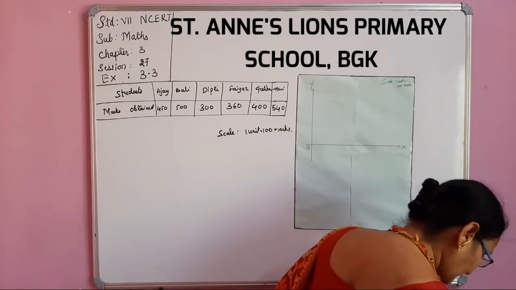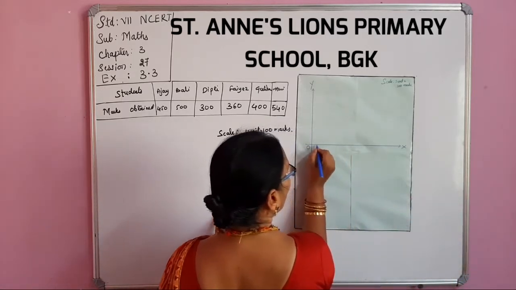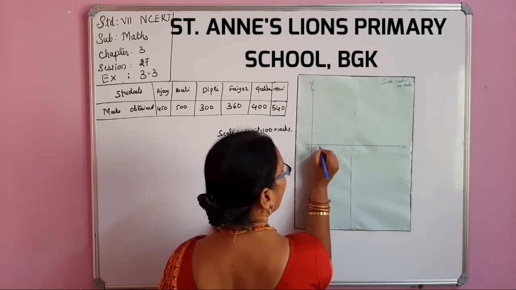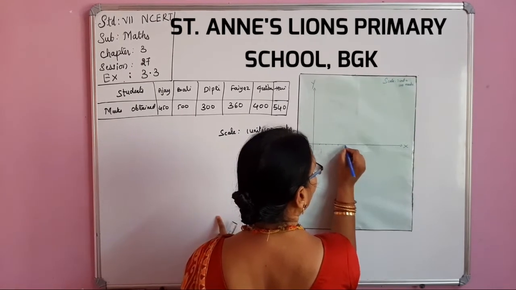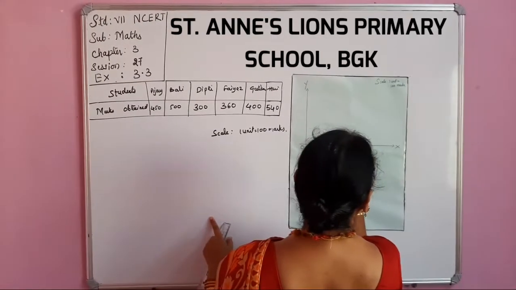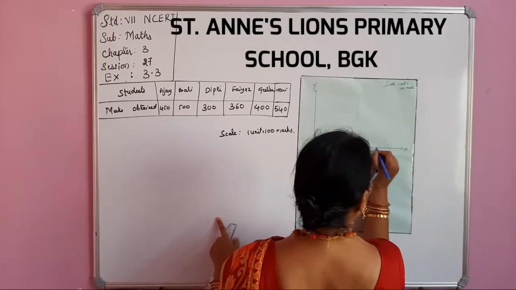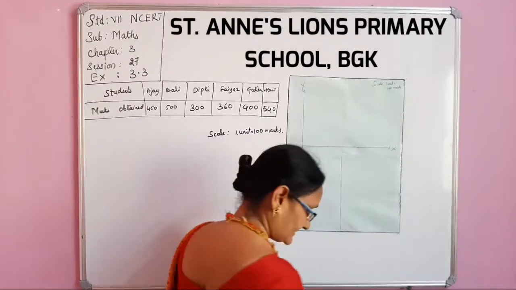What do we represent? Here see, equal width we have to take. Here I am taking 2. 1 centimeter, 2 centimeter. Here 2. Here also 2. Just we mark. Even 1 also you can, but it is a big graph now. To do in your book you can choose 1 also. Okay. Like this. Next.